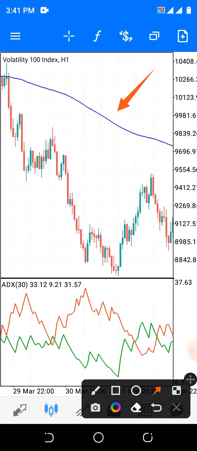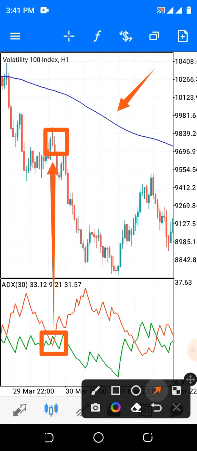And where you get your sell signal is whenever you see the red line of the ADS cross with the green ADS, whereby the red line of the ADS is above while the green line is below. Then you trace it and see where particularly this occurs. Now you take your sell position here, and this is a lot of gain for you.